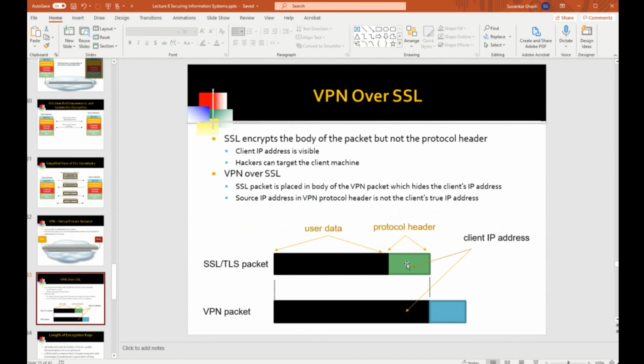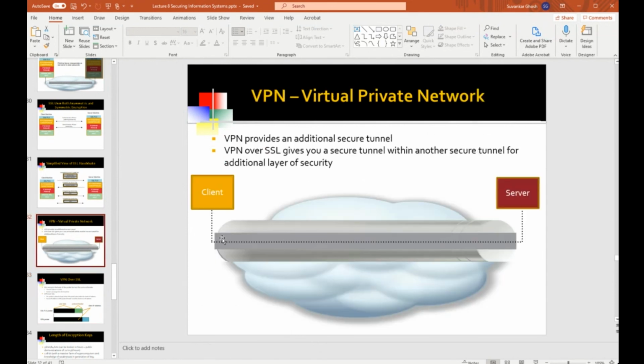And the source IP address could essentially be anything, in order to disguise the true source. So this source end of the VPN tunnel really can be anything. Could be some address in some other part of the world, even, to completely disguise the originating point of the VPN tunnel.